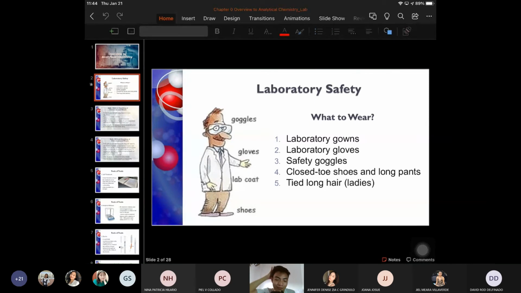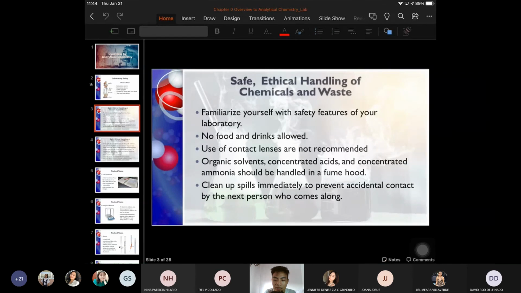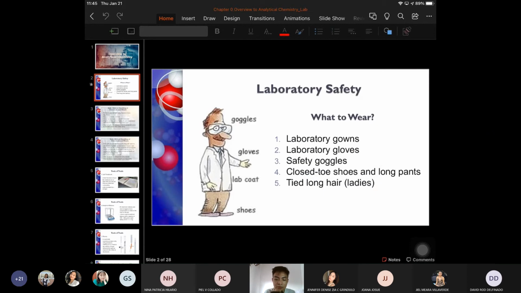So kapag nasa lab kayo, itatali nyo yan. Ponytail nyo yan. Or you can use the hairnet, no? Parang magluluto lang tayo, no? Okay. Kasi mahirap na masunog yung hair. Sayang yung pagpa-rebond ninyo. And then, other than that, after taking care of yourselves, you have to take care of